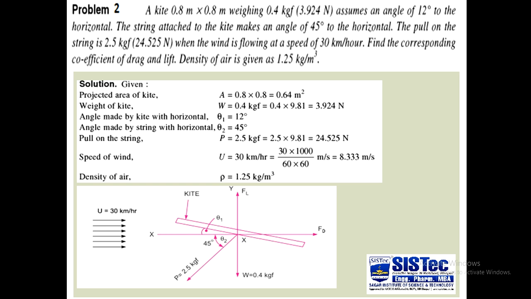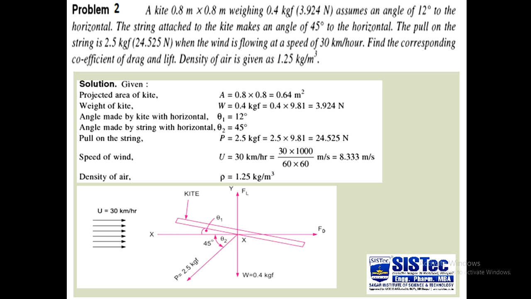So what is the direction of that motion? The motion direction we can see in the figure. The motion direction is horizontal. Why? Because it is clear to you that the kite does not move vertically. The kite is kept at a constant height, and then it is flown by us. So this kite moves horizontally, so the force which is acting in the horizontal direction will be equal to the drag force,